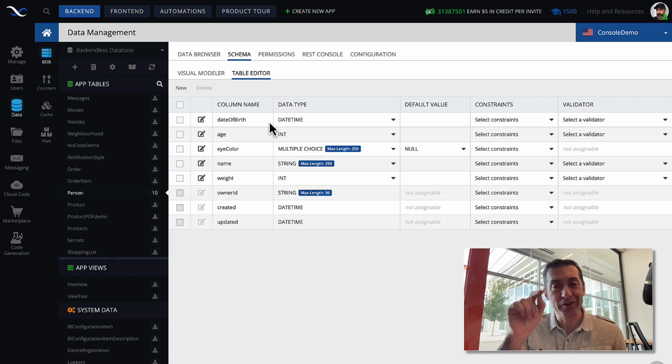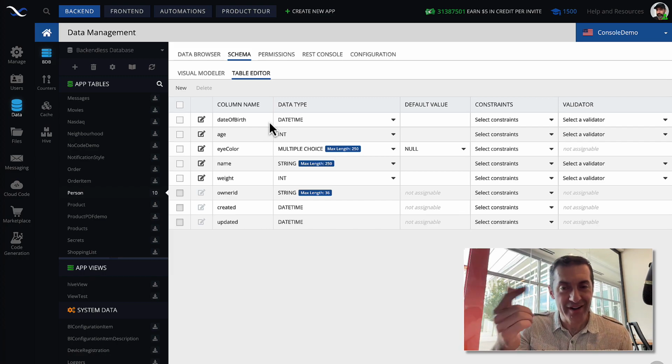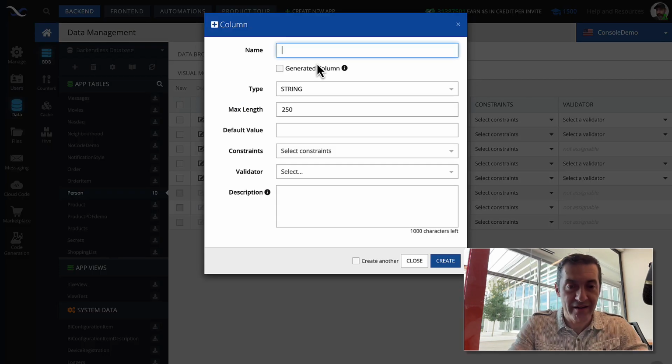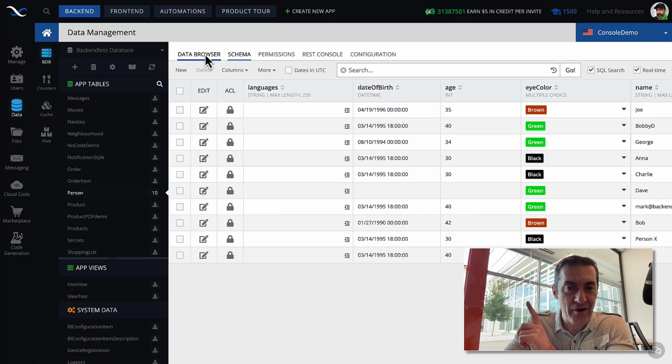However, what I wanted to do is to demonstrate actually a feature that is also available there. So for this, I will create a column called languages, but for now I will keep it as string, and you will see why. So here's languages. Now I will go in and will populate the database with some data.